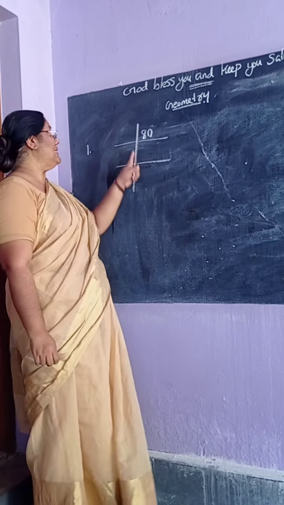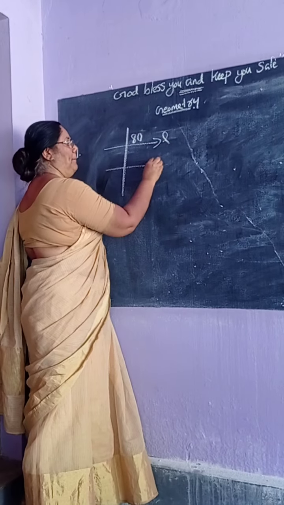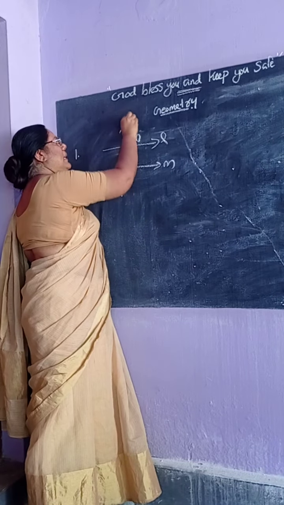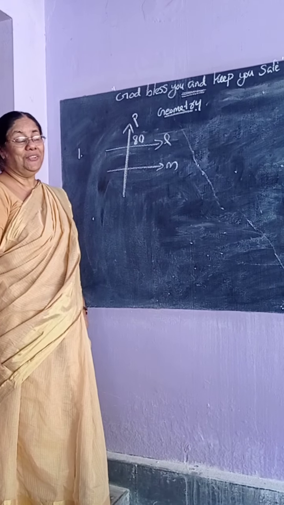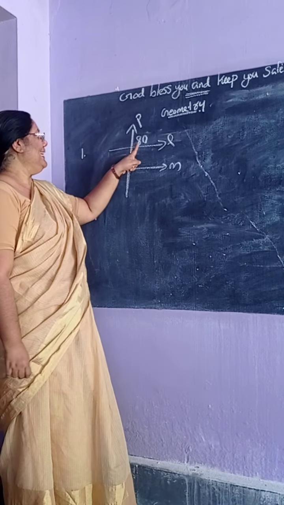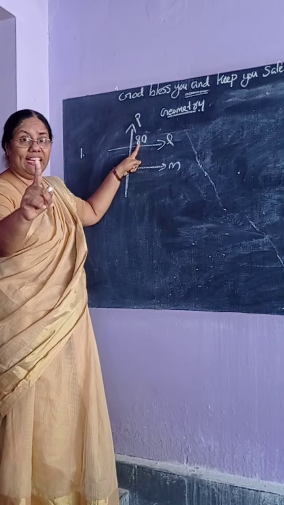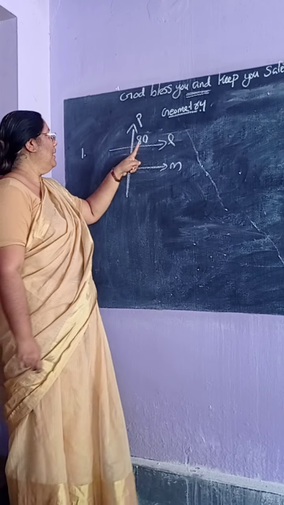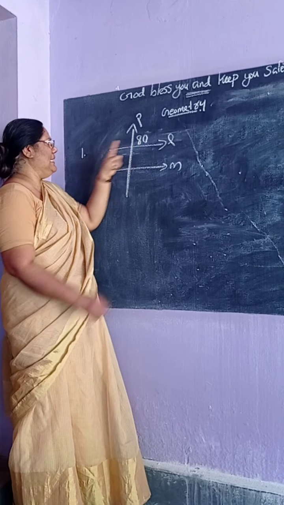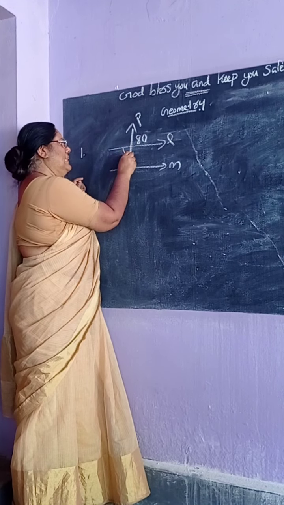Mark that angle as 80. L is the parallel, and the parallel lines. P is the transversal. Can you find all the angles? 80 is only one angle given. Listen carefully. If this angle is 80, then you can mark this angle also